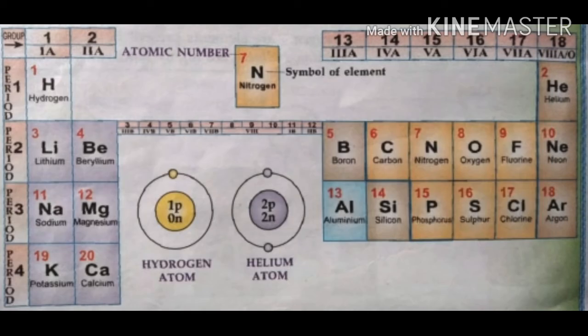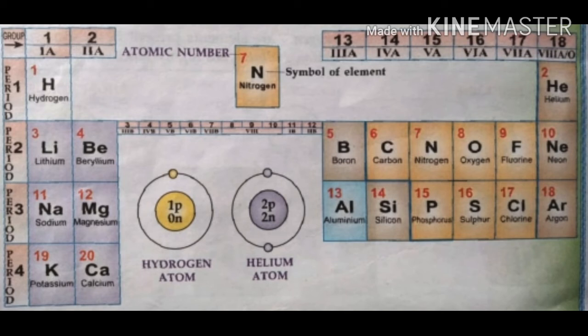Look at this, it is a modern periodic table, and in this table 20 elements are arranged according to their atomic number. Here the hydrogen atom has atomic number 1, so it is placed in the first position in the periodic table. This periodic table consists of periods and groups. When we move from left to right, that is in a horizontal direction, it shows periods. There are 4 periods, 1, 2, 3 and 4.